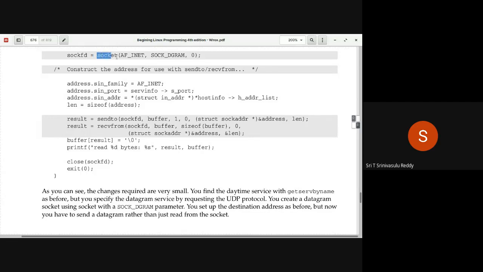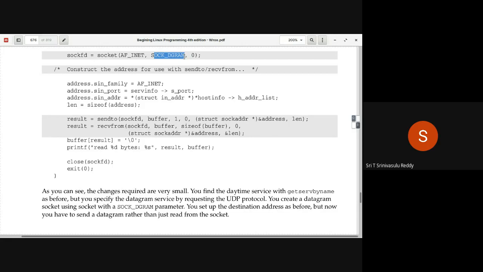Whenever you create a socket, there is a difference between connection-oriented and connectionless. So you say socket of AF_INET. It is the same even for connection-oriented or connectionless, because this is going to talk about the domain, Internet domain or Unix domain. Now connection-oriented or connectionless is talked about in the second parameter.